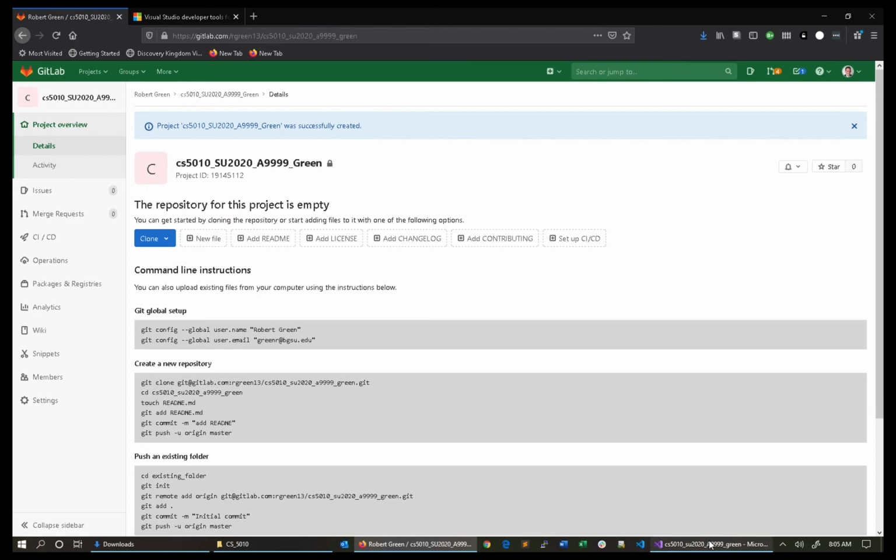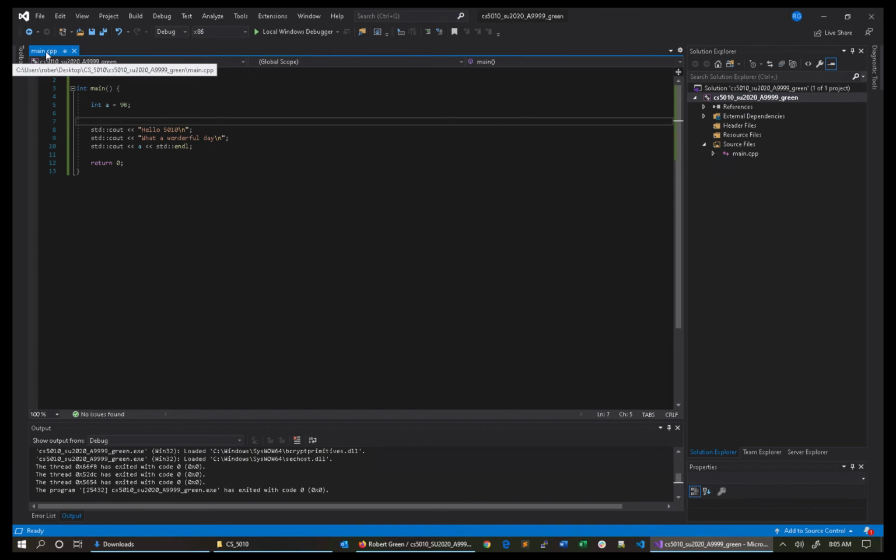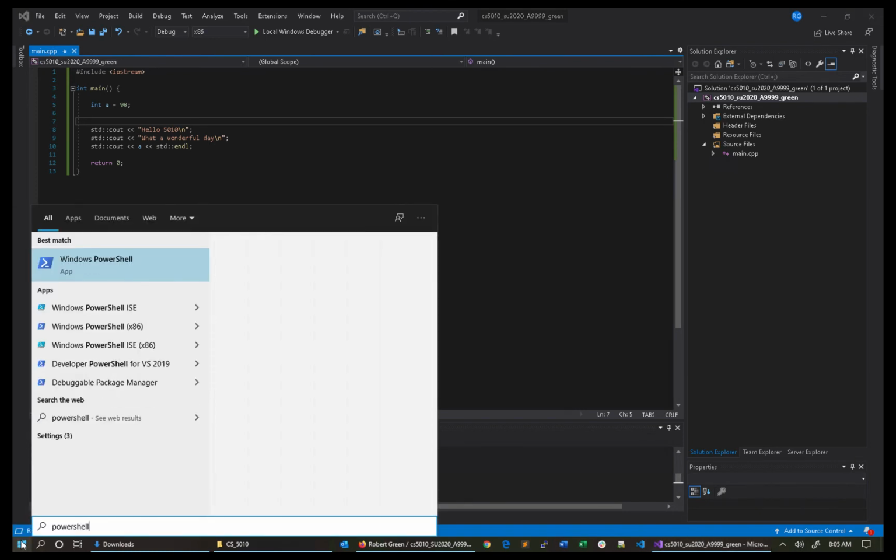Great. Hey, so we want to go back here. We know where we created this project, right? If you have any question, you can always hover over here. You'll see C, users, Robert, desktop, CS5010, CS5010 this. So there's really two ways to do this in Windows. You can either use PowerShell,